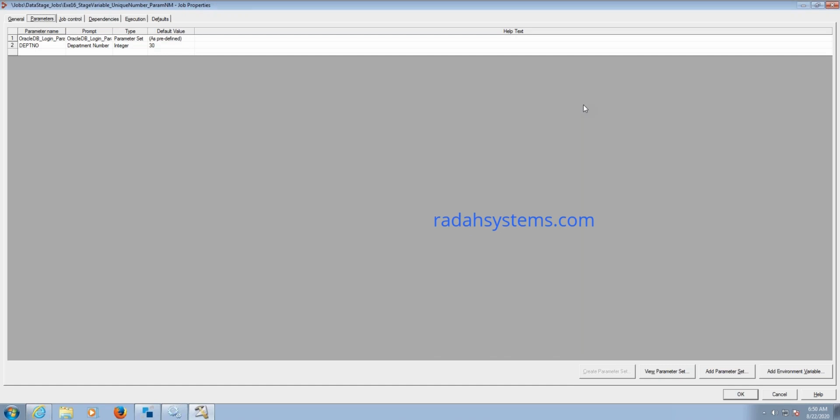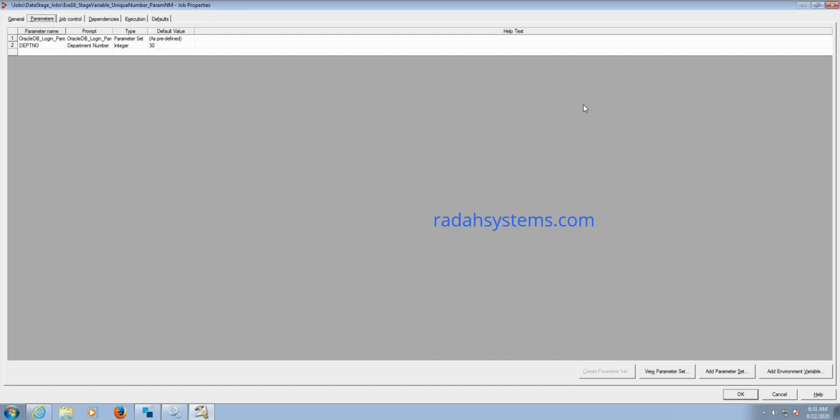Whenever you develop code in dev and migrate it to higher environments like QA, SIT, if you don't create a parameter set, by default you will give the dev location.